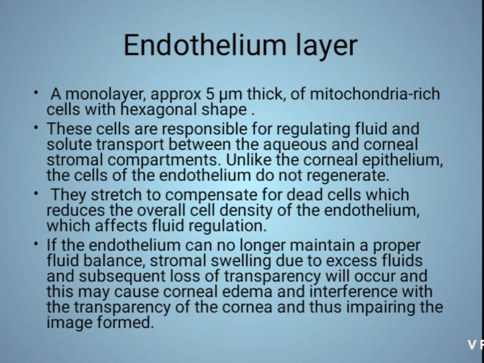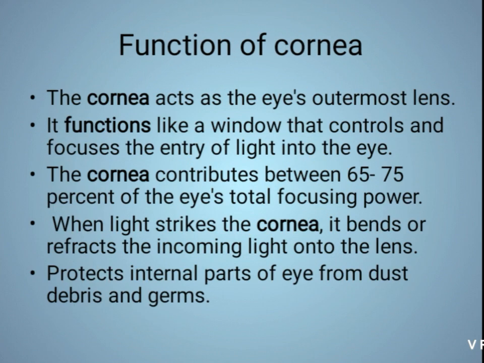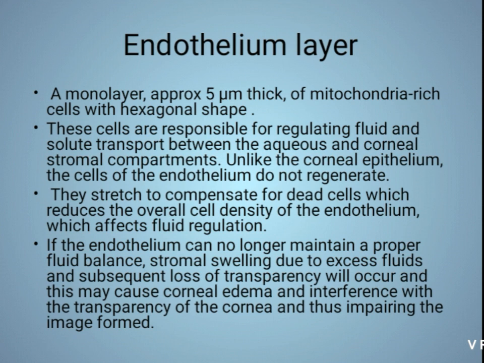One thing I missed in this slide is that it contains 6,000 cells per square millimeter at the time of birth. But as we grow and reach adulthood, there are only 2,000 to 3,000 cells per square millimeter present in the endothelium layer. Okay, it does not have regeneration capacity, but it compensates for dead cells by stretching and reduces the overall cell